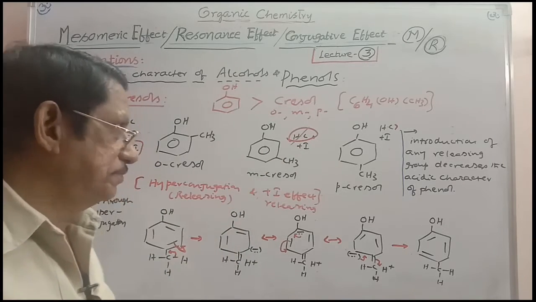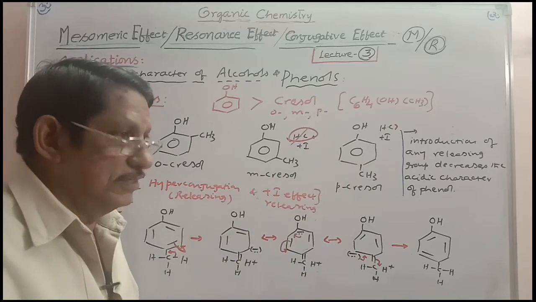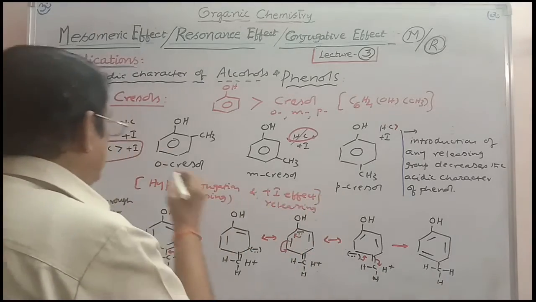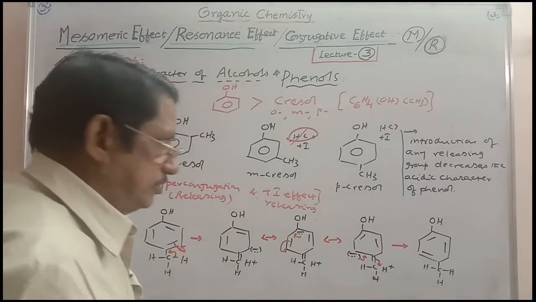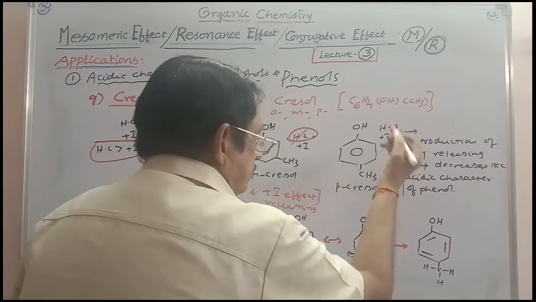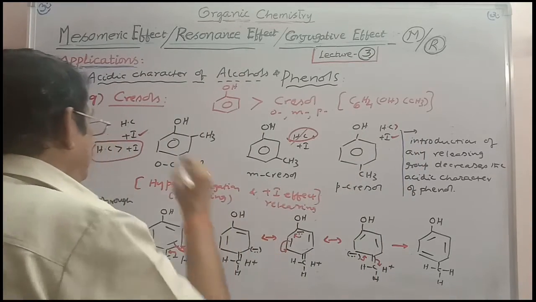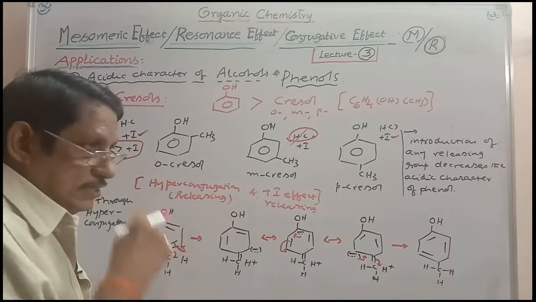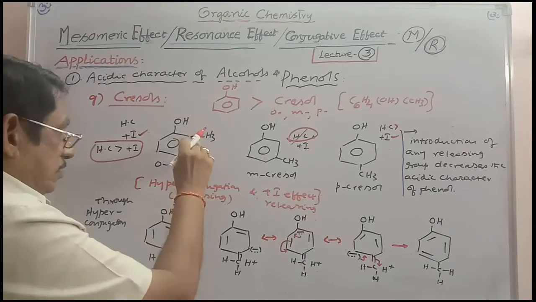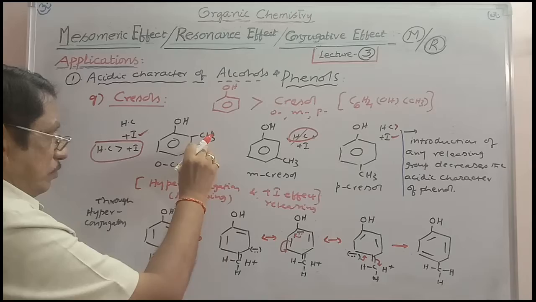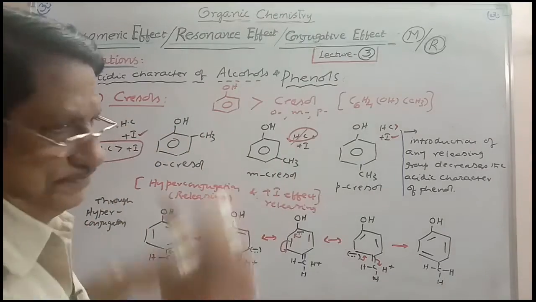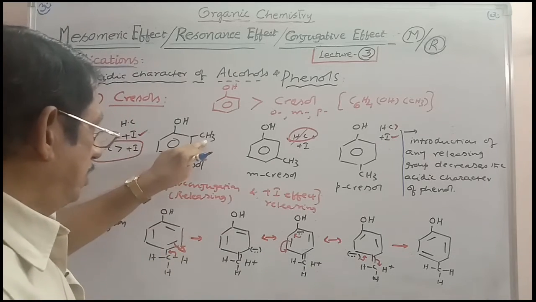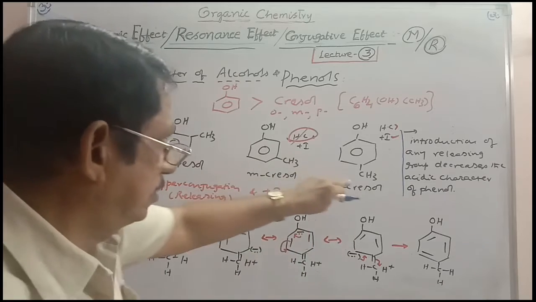Now we have to compare orthocresol and paracresol in their acidic characters. You know, inductive effect is always distance dependent. So here, hyperconjugation is common in both the cases. You need not give the explanation through it. Inductive remains there. That is distance dependent. Here, in this case, orthocresol, CH3 group is at a short distance. Its effect is more. When the releasing effect is more, acidity will be decreased. And that is why orthocresol is less acidic than what? You can take the paracresol.